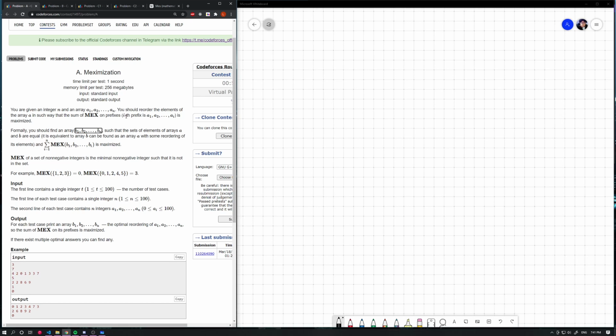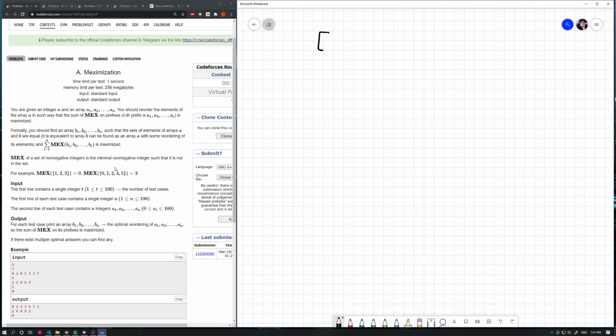A prefix of the array is a subarray starting from the beginning and ending at index I, and the mex of that prefix is the first non-negative number which does not appear in the array. So for this example, the mex of 1, 2, 3 is 0, and the mex of 0, 1, 2, 4, 5 is 3. And so you want, like basically if you're given an array like, let's just use their example,